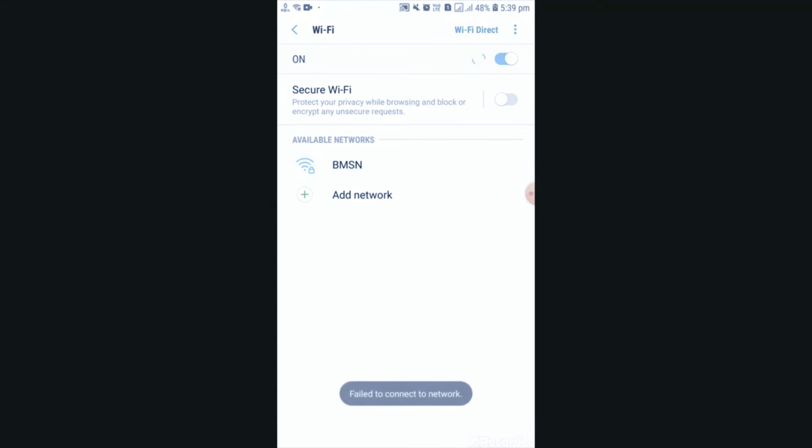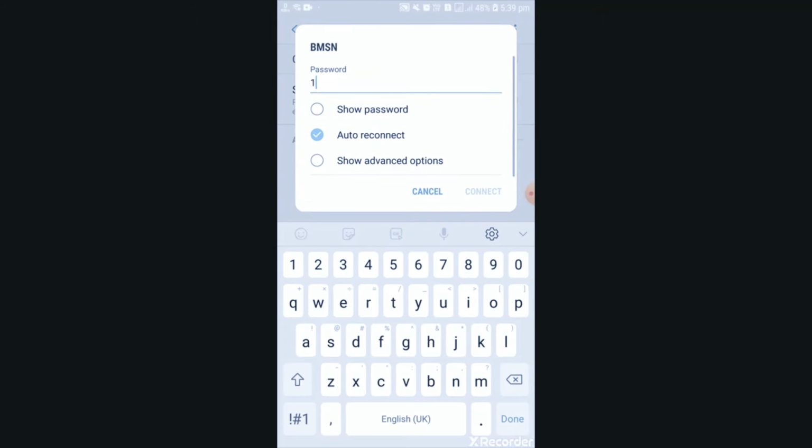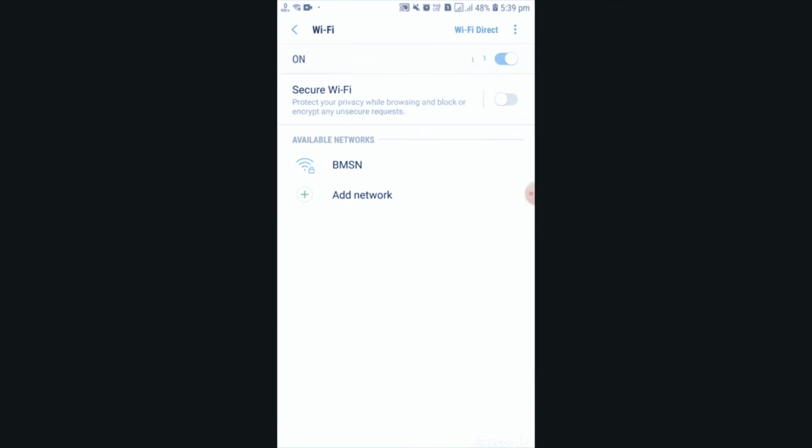Again you connect with the new password, and it will be connected. This is the process of how to change the username and password.